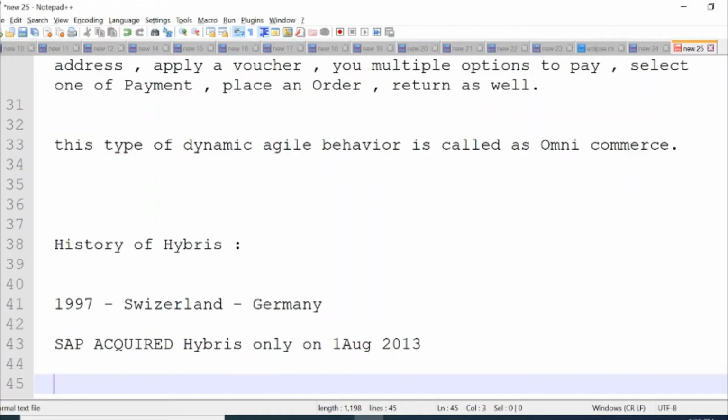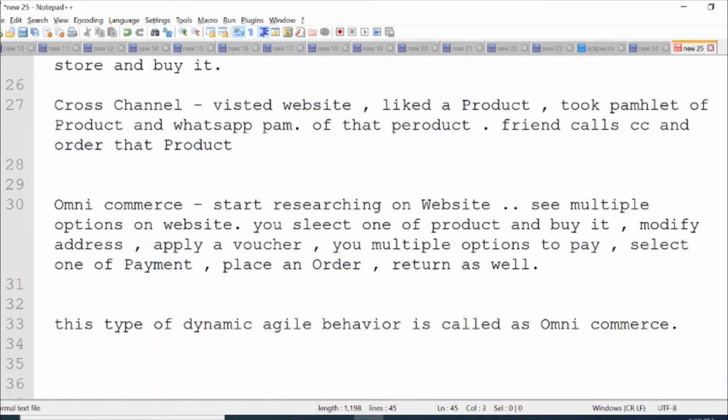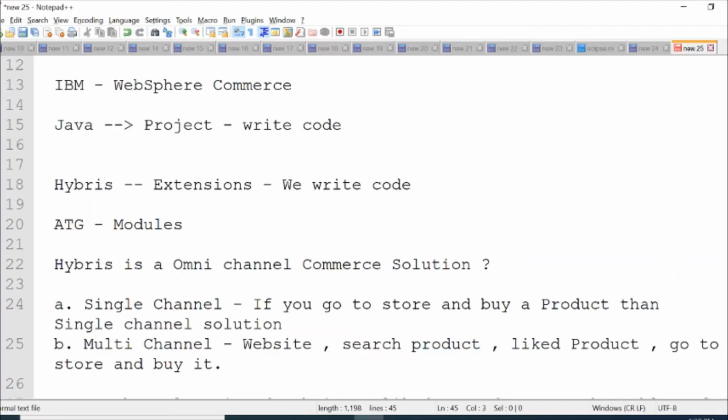And it was only when SAP acquired Hybris that it boomed. Its demand increased. SAP integrated multiple solutions of its own with Hybris, and after that its demand increased, and it started competing with the ATZ solution. And in the current time, I can tell you Hybris is used in more solutions than ATZ.